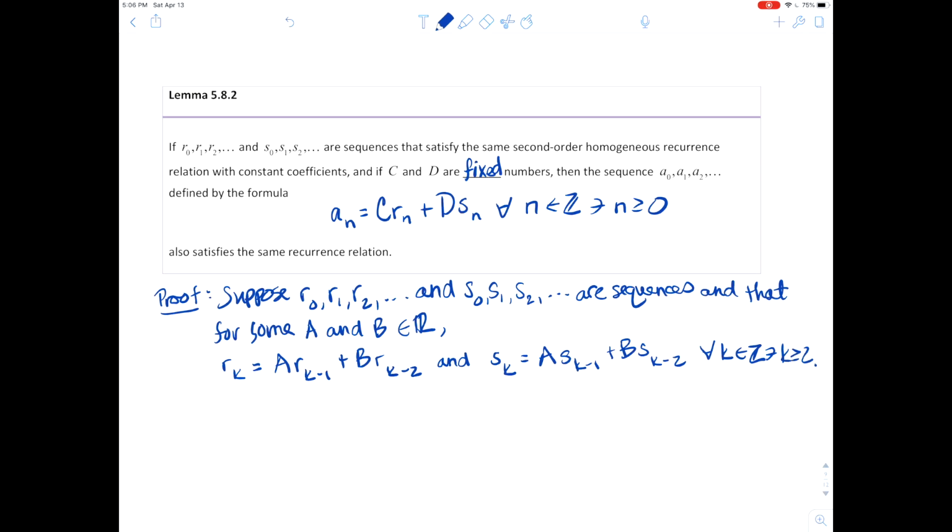So now, why don't we suppose that C and D belong to the reals, and let A0, A1, A2, ... be the sequence